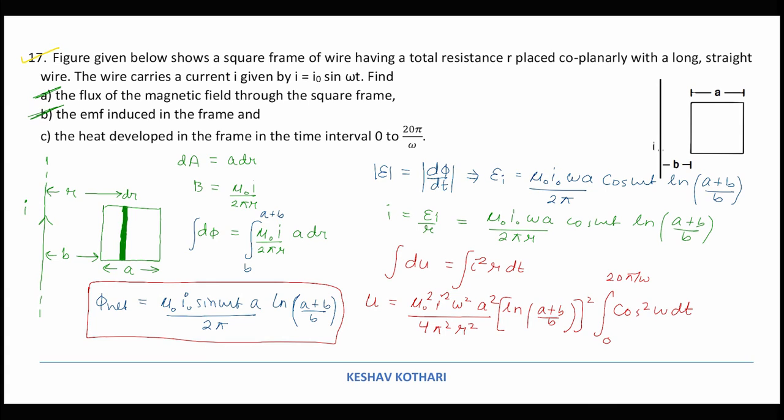On solving this equation, we attain a value equal to